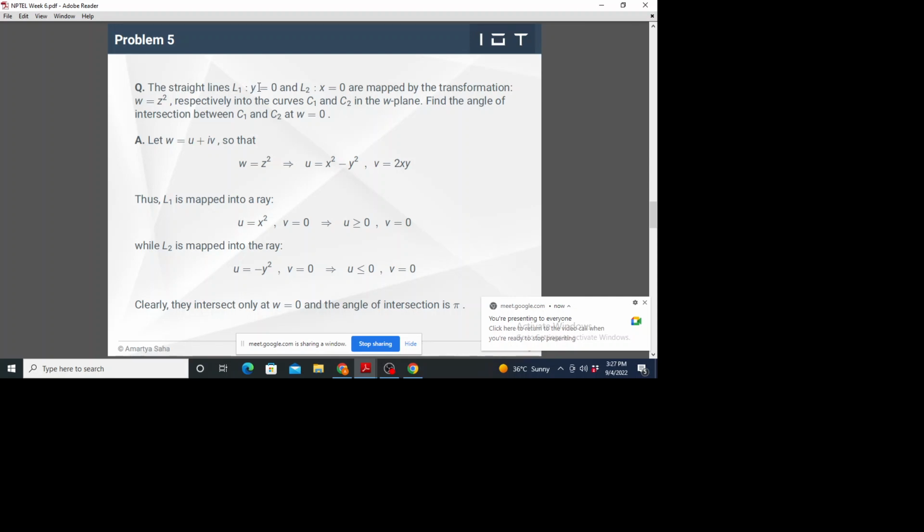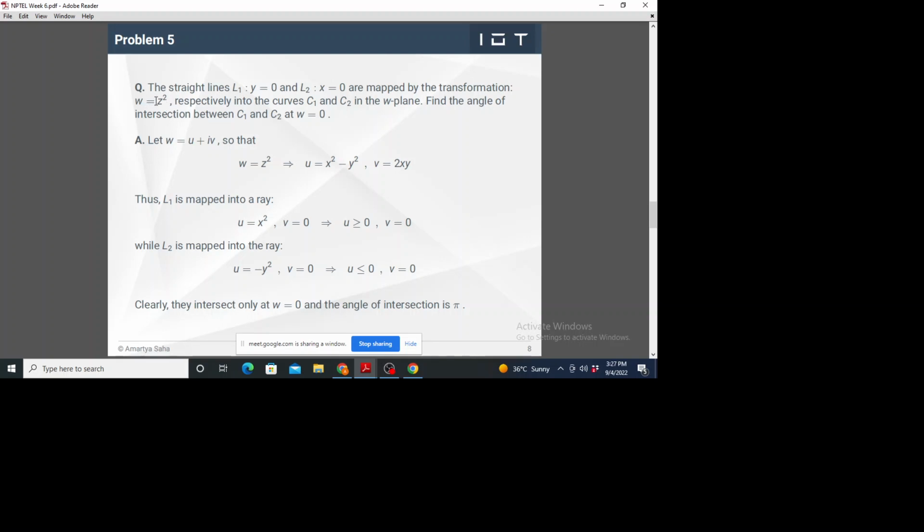One is the x-axis, that is y equal to 0, and another is the y-axis, that is x equal to 0. So these are the x-axis and y-axis of the z plane, and we have to consider the images of these two straight lines under this conformal transformation,